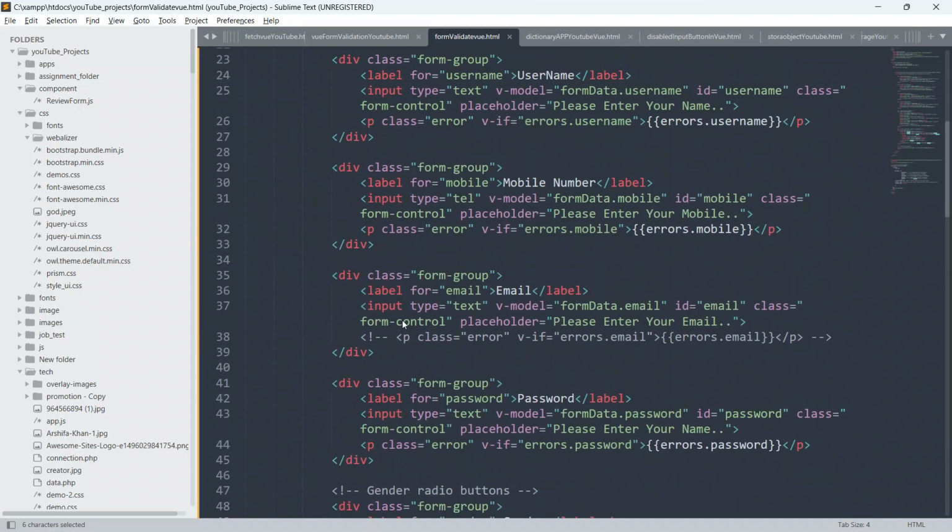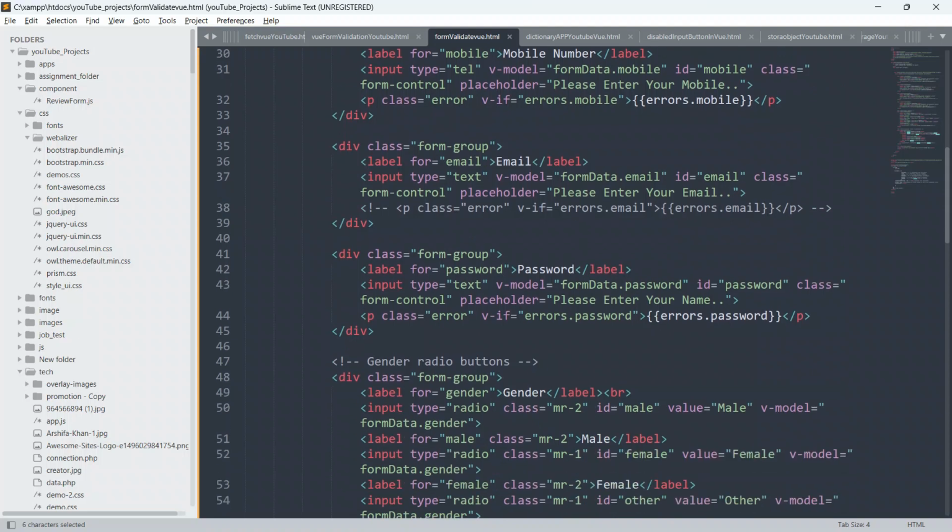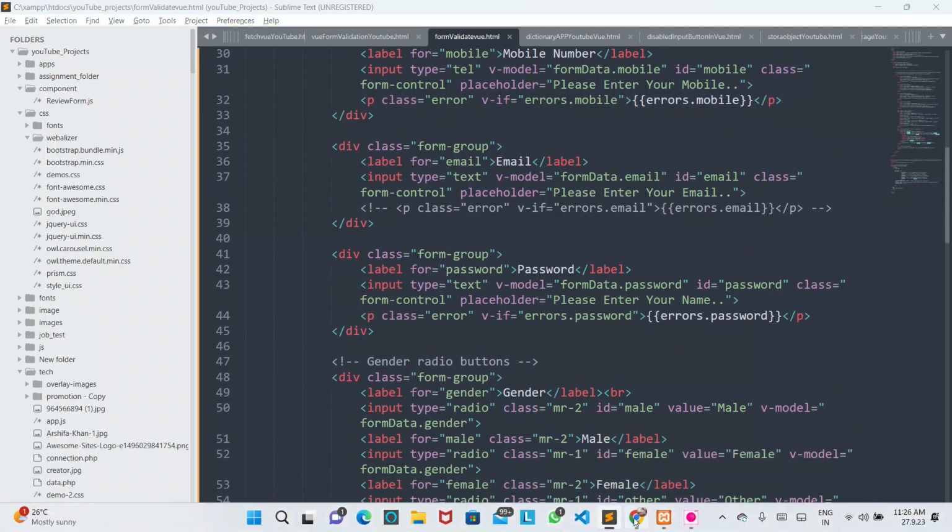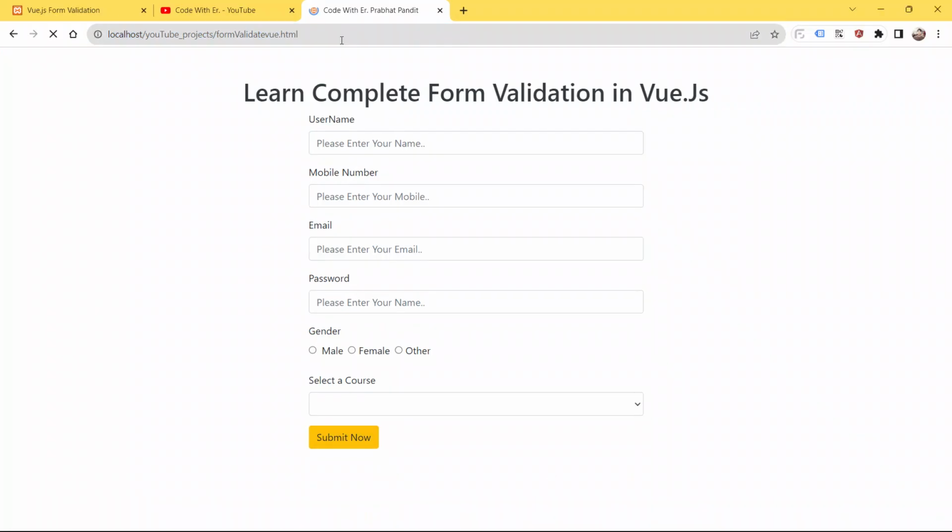So guys, that's why we use v-model for two-way data binding inside Vue.js, and it will only work on input types like password, text, select box, radio button, as well as checkbox. Otherwise it is not going to work on any div, span or img element. Now just save your code, go to the browser and refresh your page. As you can see here, nothing is here.